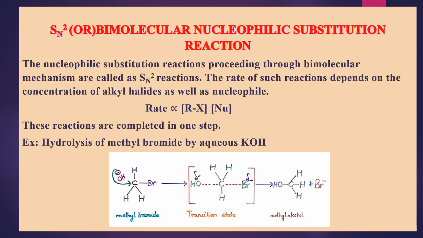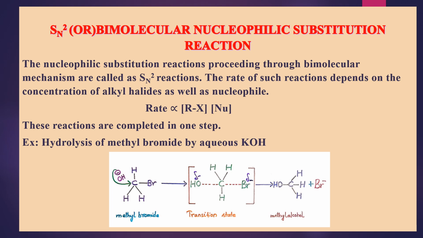Now it attacks the carbon atom with its pair of electrons. From which side is it attacking this carbon of methyl bromide, students? It is not coming from the side where the bromine atom is attached to carbon, but from the back side, that means from the side opposite to the bromine atom. Can you observe that in the figure? So the OH minus ion begins to share its electrons with the carbon atom from the side opposite to the bromine atom. That is the first point that you should write under this example, students.